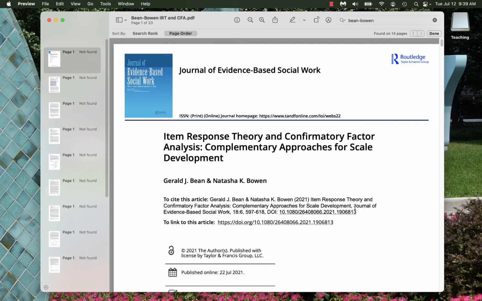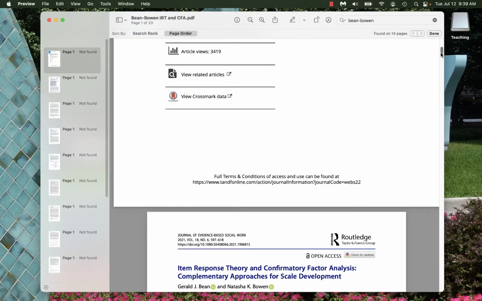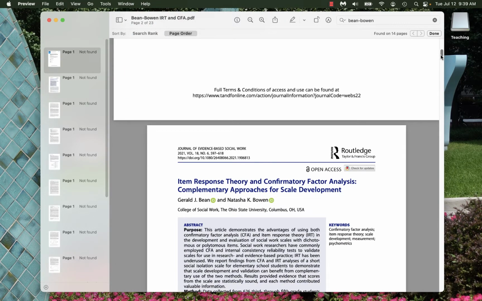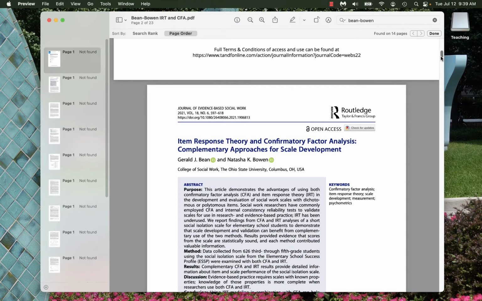So we thought it would be nice to illustrate how these two measurement frameworks might be helpful in the skill development process, and we wrote about that. And I'll see if we can scroll down through this. I won't read you the article, but it was in the Journal of Evidence-Based Social Work, which is a good journal.